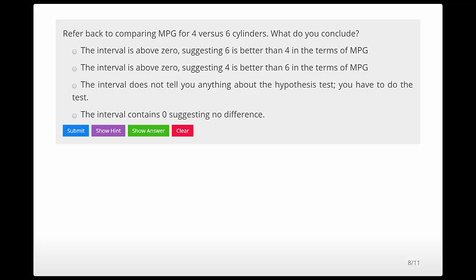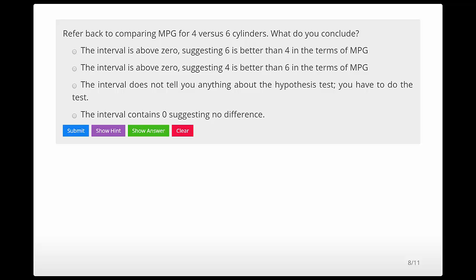The third point is that in order to make this conclusion, something like the data supports with 95% confidence that the mean miles per gallon for 4-cylinder cars is higher than the mean miles per gallon for 6-cylinder cars, we need to work under the assumption that the set of cars that we're looking at is a reasonable IID sample from a population of cars that we are interested in. Okay? So you have those 3 things to remember with this problem, and then this is just summarized in the